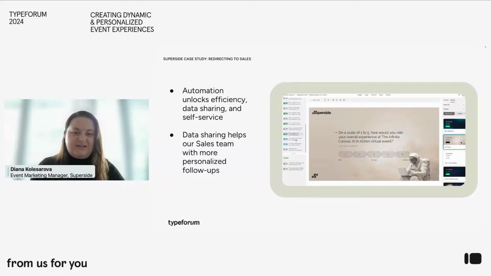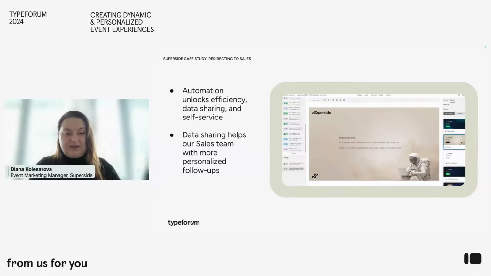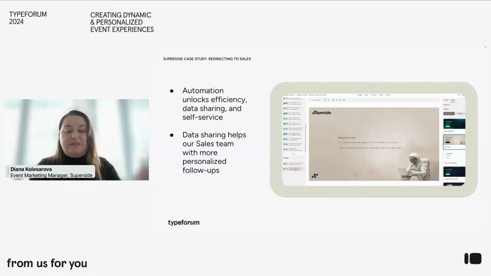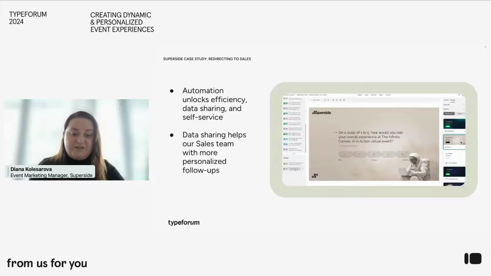The next feature that we use is a little bit of an interesting one. We connect with routing and mapping all of our surveys. This is basically a flow between our CRM platforms and Typeform, which pulls in all of the data, and our sales team can see all of the data in the tools that they work in. They're not having to go between tools. Everything inputted in Typeform appears in the CRMs they use every single day. So it increases data sharing, self-service, and the follow-ups that sales has.